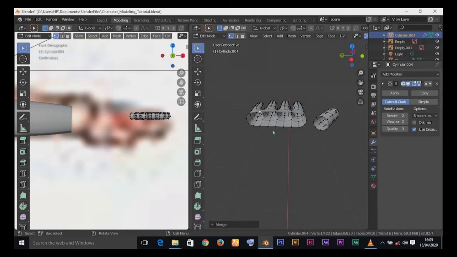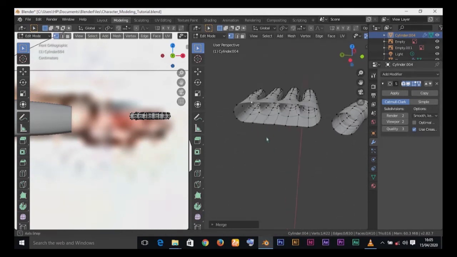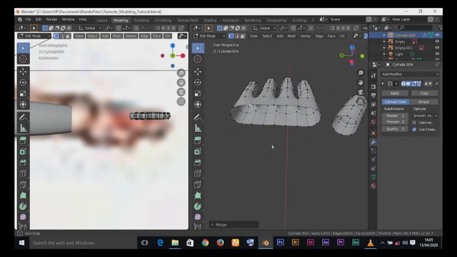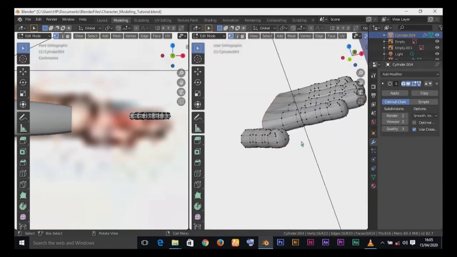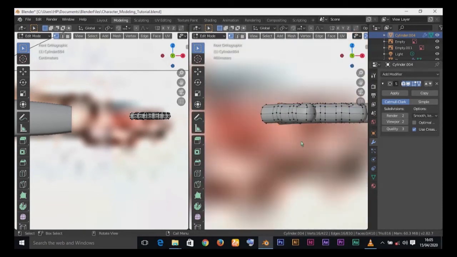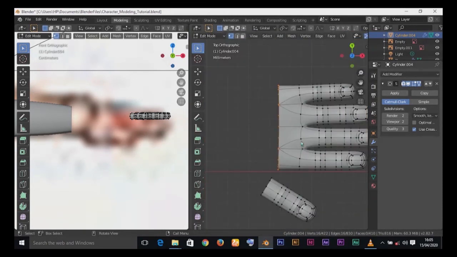So wetin we go do be say we go start to dey merge vertices from now on. So after we don merge, by the time we extrude to the hand, we go make sure say we don get at least 8 vertices. So go to top view, press E again to extrude, and then